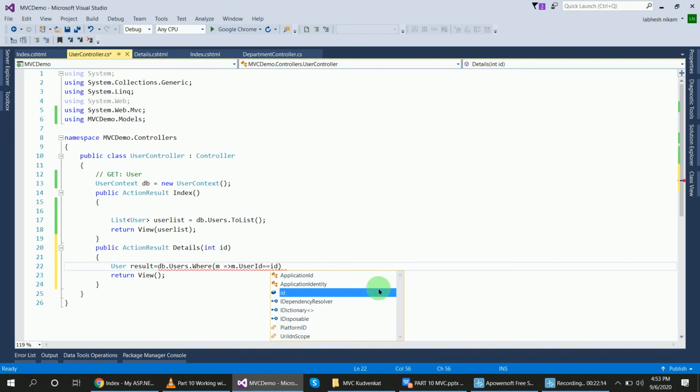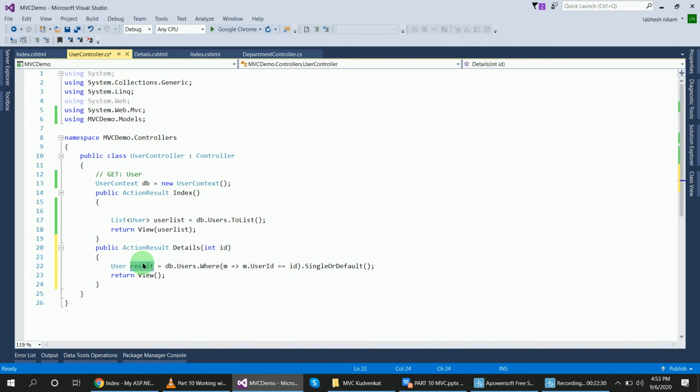So we will display each user's record, equal to id dot single or default. Return view, this return result here.